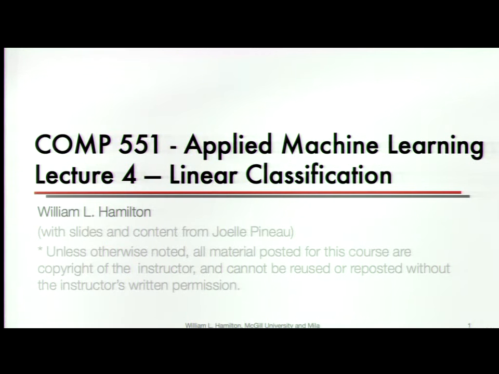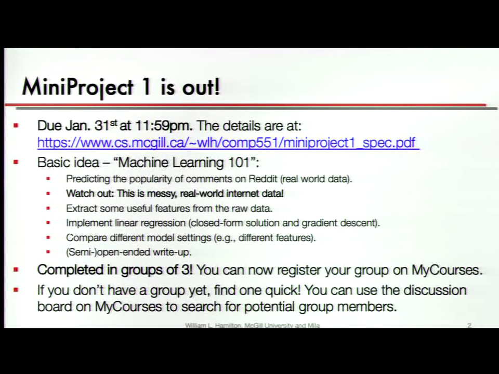All right. So welcome to lecture 4 of Comp 551. Today we're going to talk about linear classification. Can you guys hear me all good at the back? Yeah, cool. Okay. But before we get into the lecture content, the one important major announcement is that Mini Project